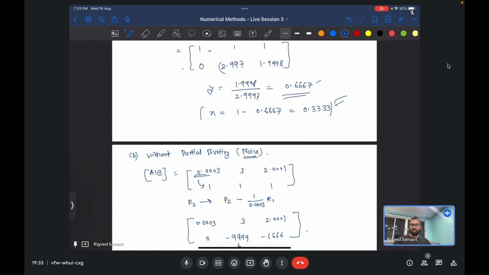There is a method to find it in the calculator also, you know, right? So you can Google it. If you go into the equation option and select simultaneous equation, then it will ask you the number of unknowns, and then it will give you the augmented matrix, and you put the values of those coefficients and it will give you the answer. So 0.0003